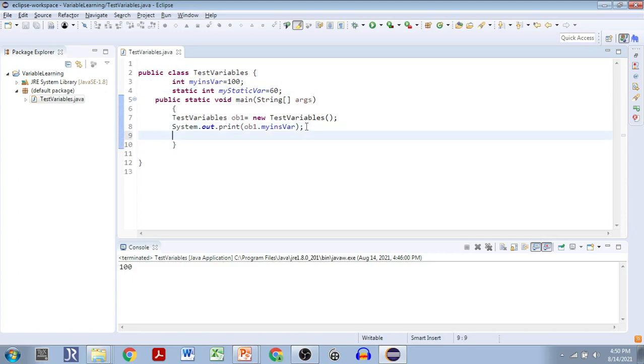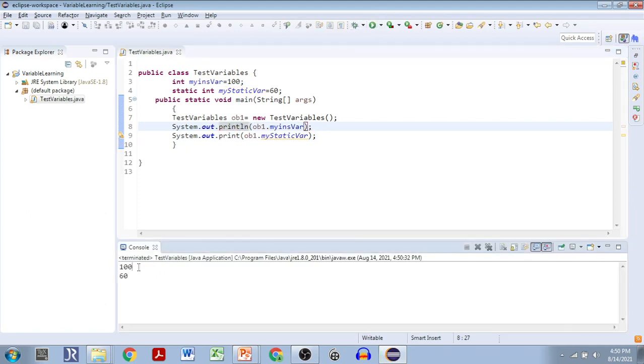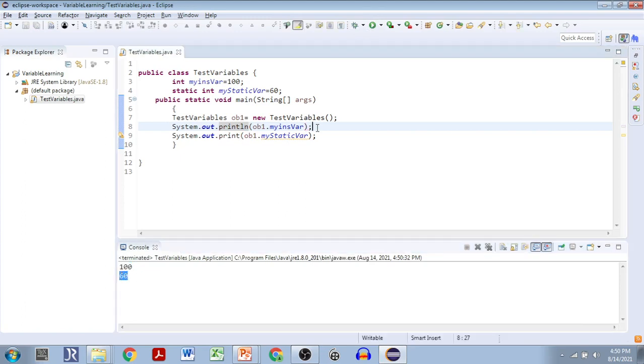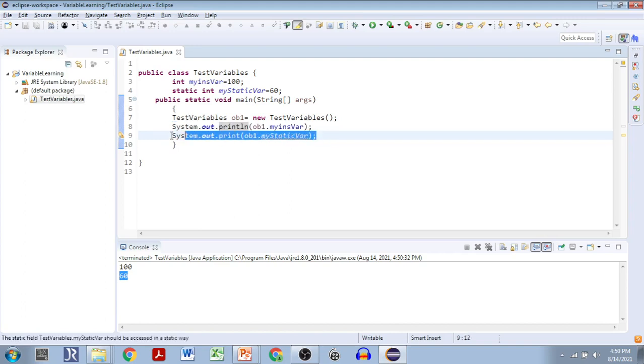So now we can see how we can directly call this variable. We can call it by objects also, definitely. So if you use this object, we can call it. See now the difference in the output. 60 is getting printed here. There is no println I have provided, so it's displaying on the same line. Now it will go to the next line. See now 60 is printed. 100 for this line, for the instance variable, and this is for the static variable.